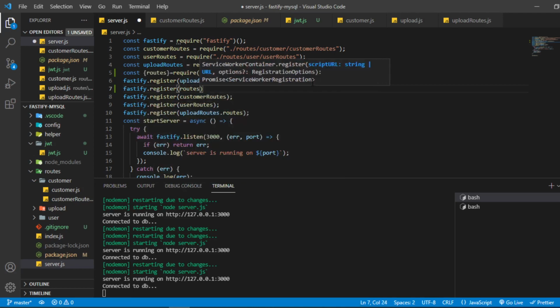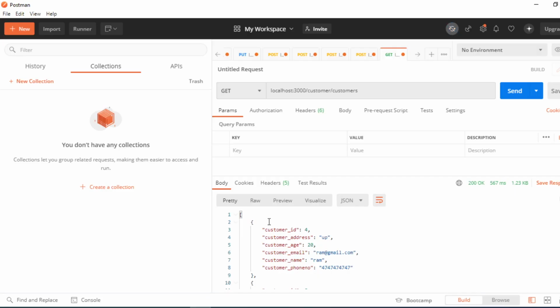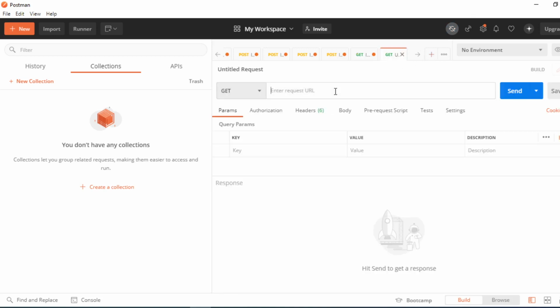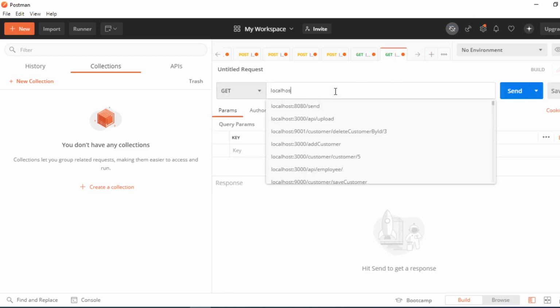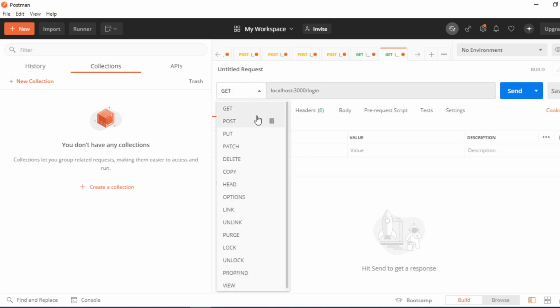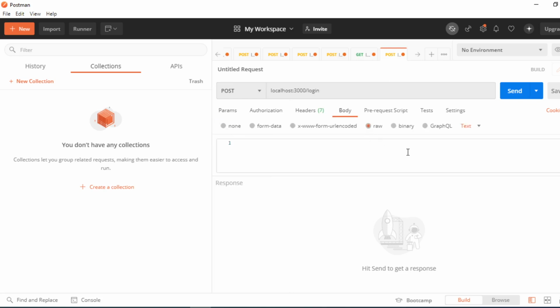Okay, so now if we go on Postman and try to make a request, we will go to localhost 3000 slash login, and here it is a post request and we want to send some data to the server. So we have to provide a body, meaning the username and the password, right?